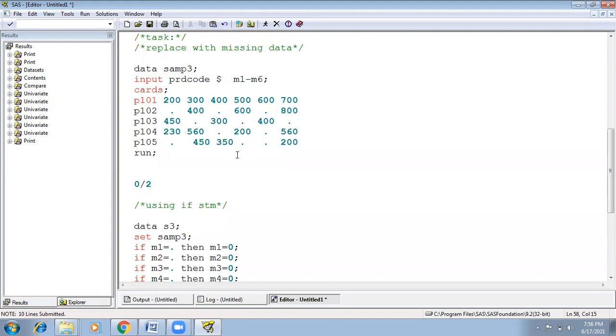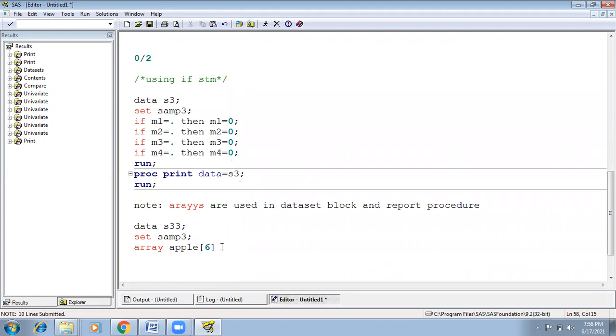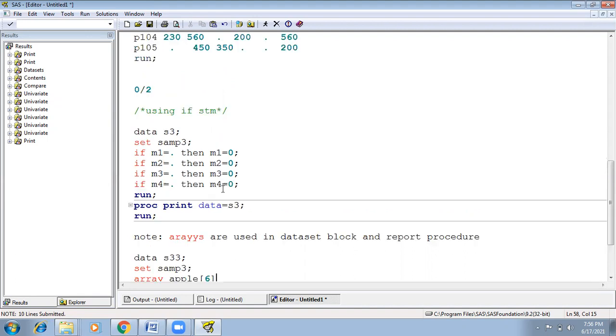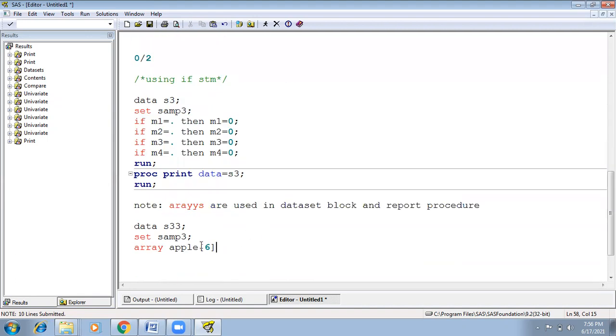All variables are numeric, so no need to specify the data type. Then the list of all variables. Here specify the variable names, and depending on that, we can specify the length. That's it. You can easily understand that the length depends on the variables, and you can change that number. The total list of variables is 6, M1 to M6, or we can specify M1, M2, M3, M4, M5, or M1 to M6 as sequential variables. That's it.